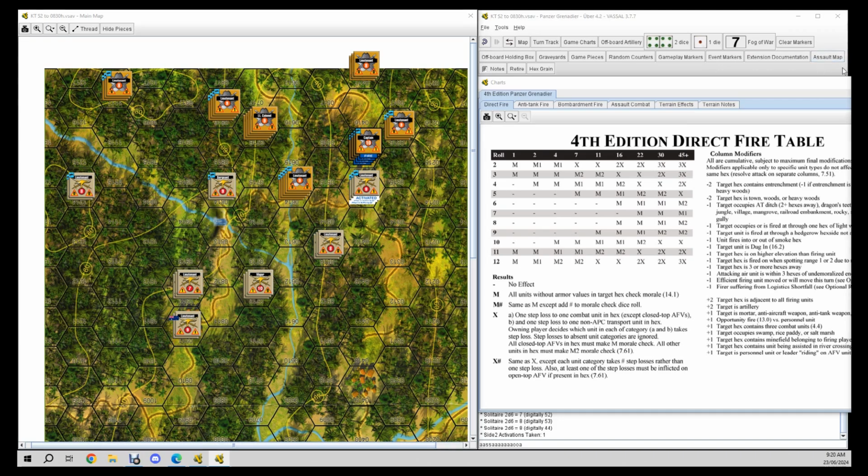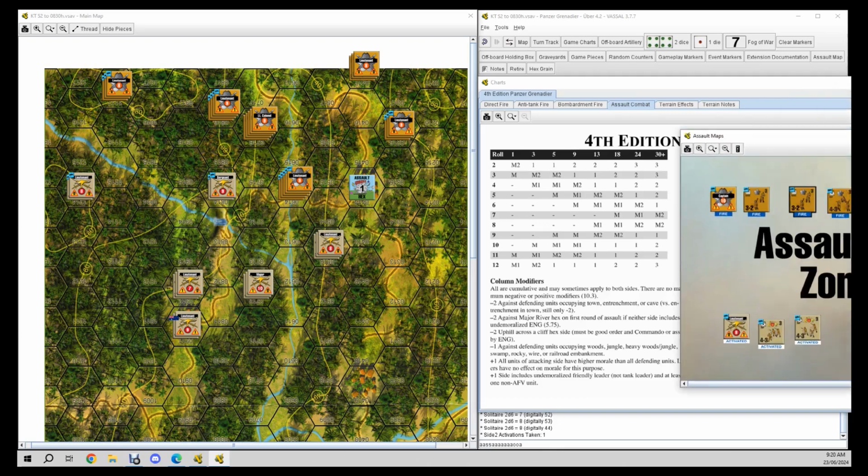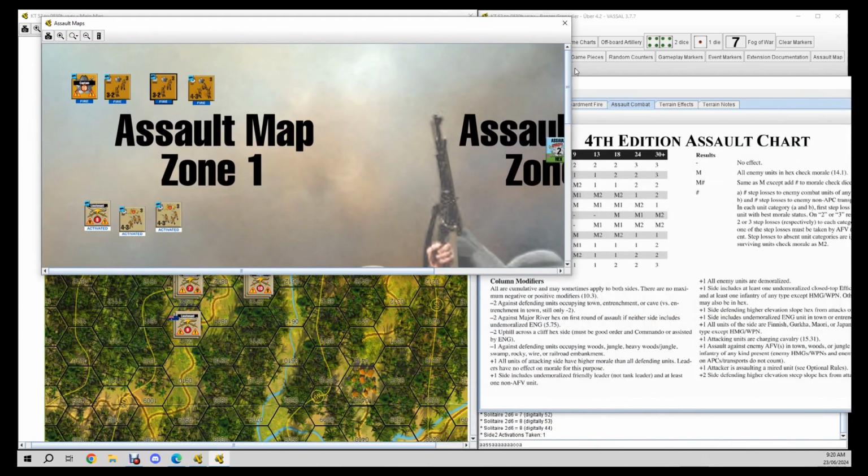So let's find the assault map. Take the Australians over, the defending. And take these guys over and I'll just set them out ready to go. Right-o, so we can go to the assault combat. So looking at this to start with,